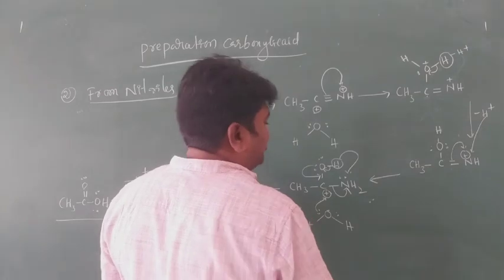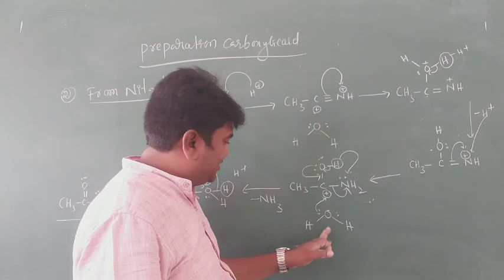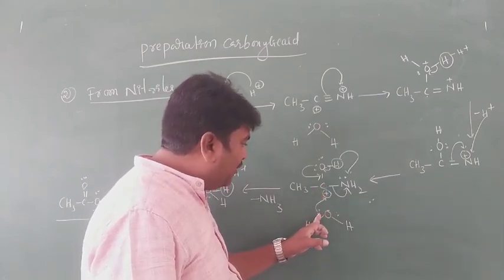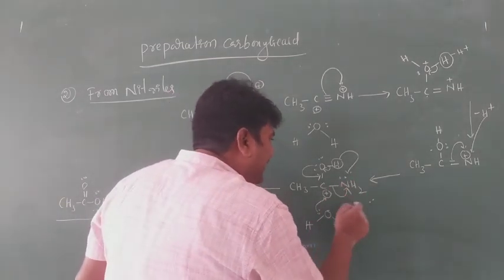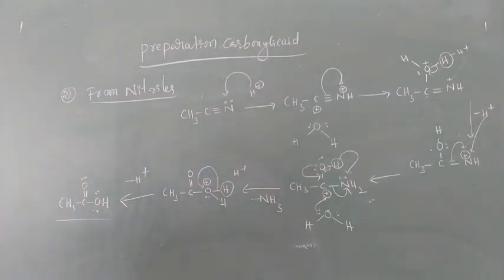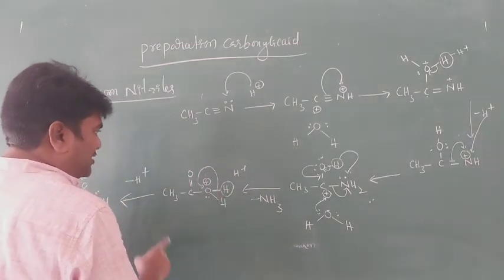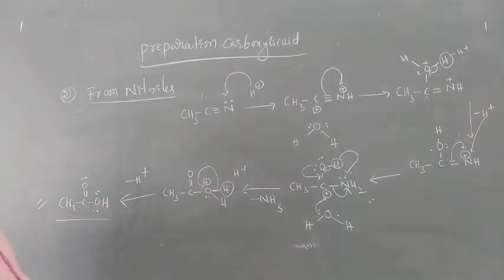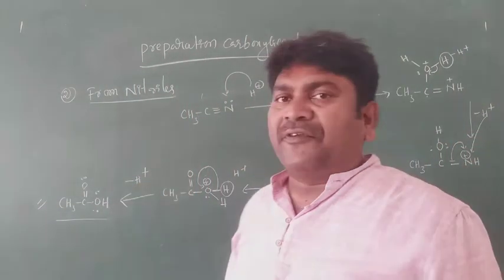So it acquires positive charge. So one more water molecule is adding. It is the second type of hydrolysis. Water molecule is adding to carbon. One lone pair is involved in the bond formation in between carbon and oxygen. So it is eliminated as ammonia, here one hydrogen and here H2. Ammonia is eliminated. Next one, this compound is formed. These two electrons are shifting to oxygen. It is eliminated as H plus. Finally, you have to form acetic acid. This is the mechanism of hydrolysis from nitrates.